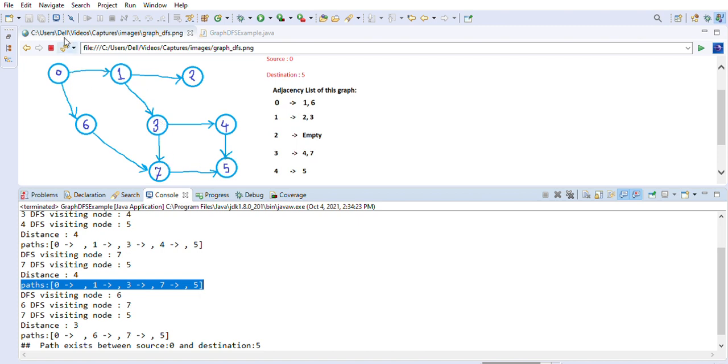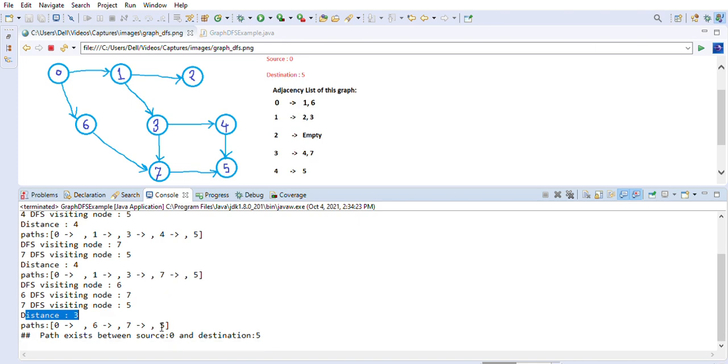It backtracked until 0, meaning the original point, and then it starts exploring other paths like 0 to 6, then 6 to 7, as you can see here, 6, then 7, then 5. Again it finds another path, 0 to 6, 6 to 7, 7 to 5, and the distance traveled is 3 now. Only 3: 1, 2, and 3.